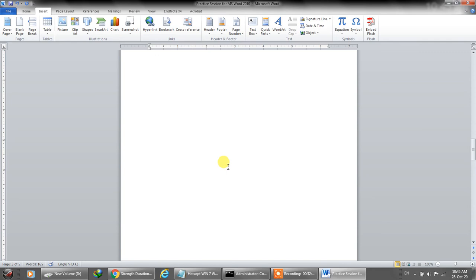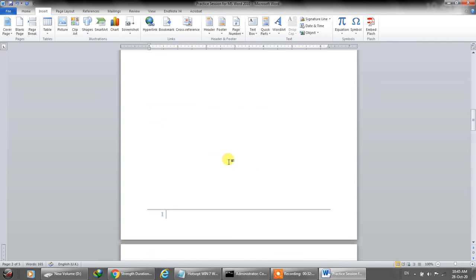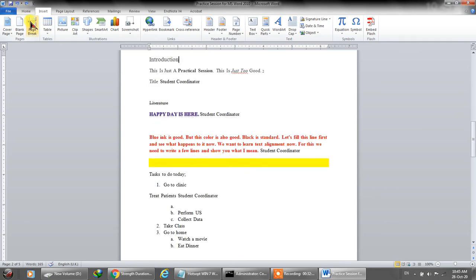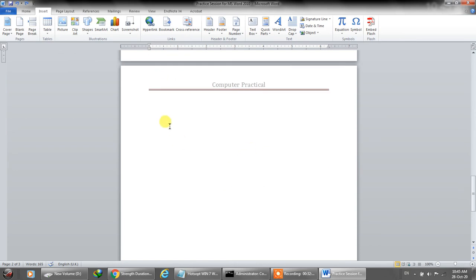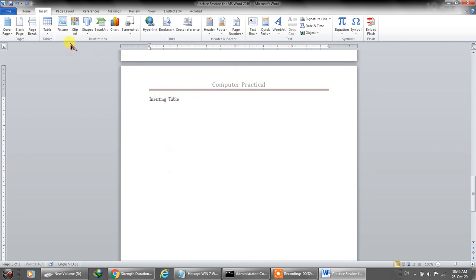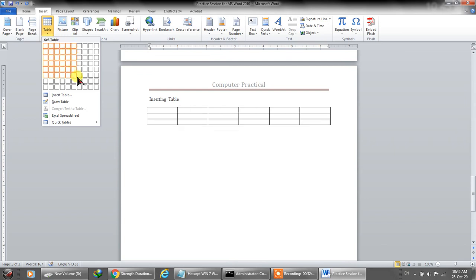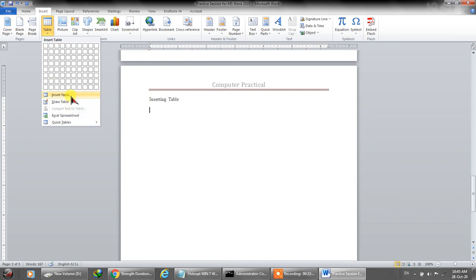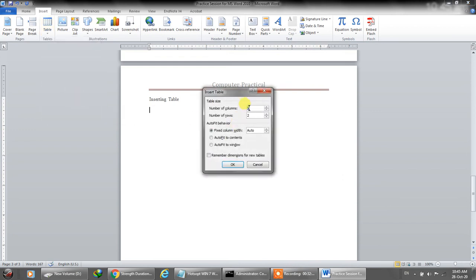So this is wholly blank, and you can even create a page break. Page break means the page ends over here and then starts from the next section. Then inserting a table. For example, this will show you different rows and columns, but if you want to insert a table manually, it will ask you the number of columns and rows.